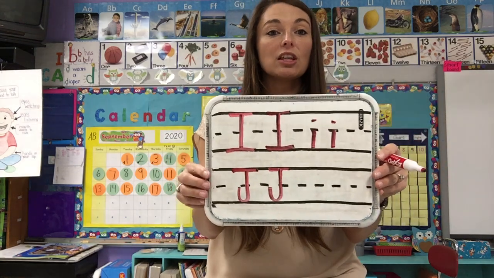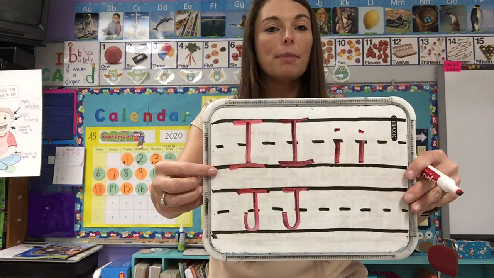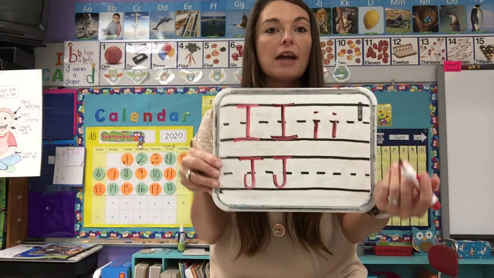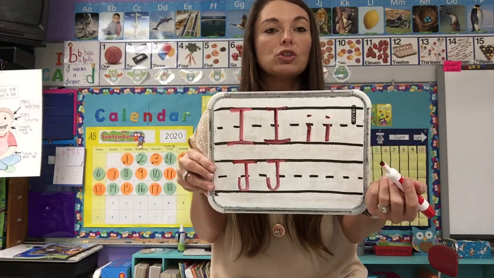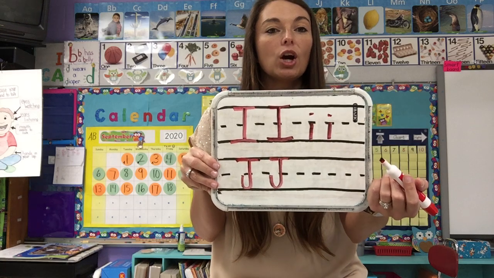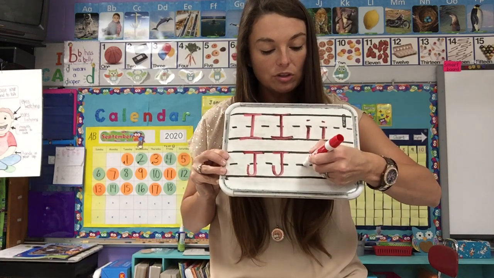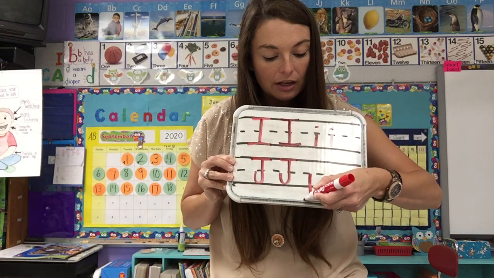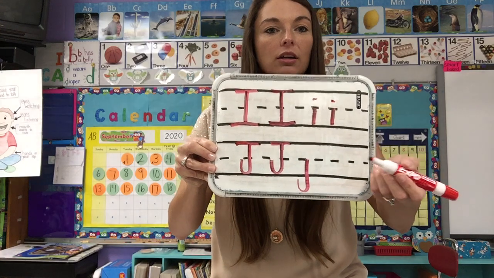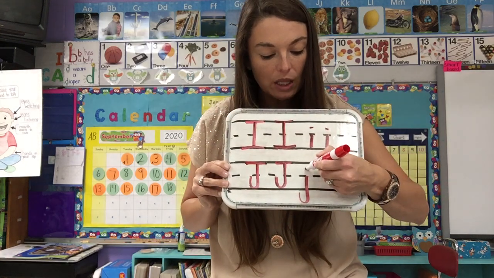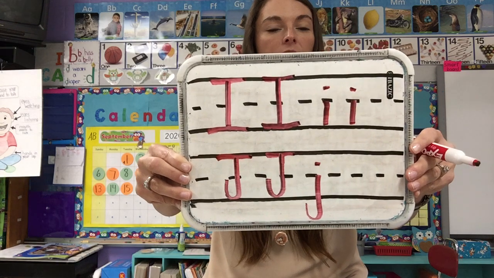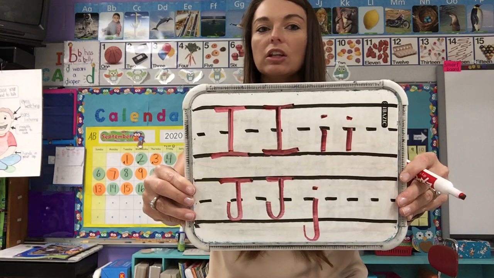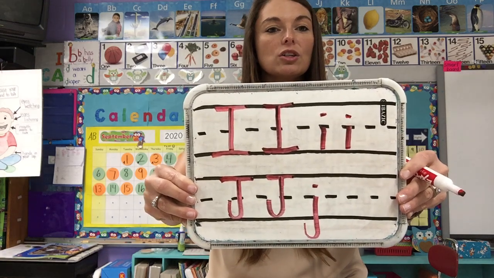Now lowercase j is a little tricky. We're used to doing top, middle, and bottom line, and some letters actually have to fall below the bottom line, and lowercase j is one of those special letters that we are allowed to go below the bottom line. So lowercase j, we're starting at the middle. We're doing a line down. We're dropping below the bottom line, making that curve and that hook. We're going to pick our pencil up, and just like we did lowercase I, we're going to dot our j. Just like lowercase I gets, lowercase j gets that dot. It's just a little dot. We're not drawing a circle and coloring it in.